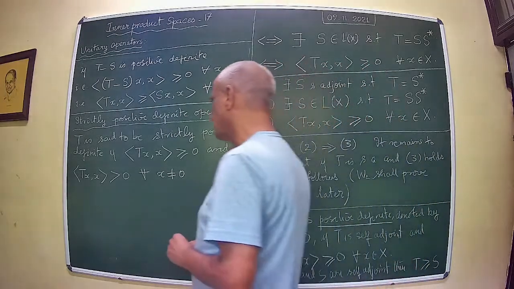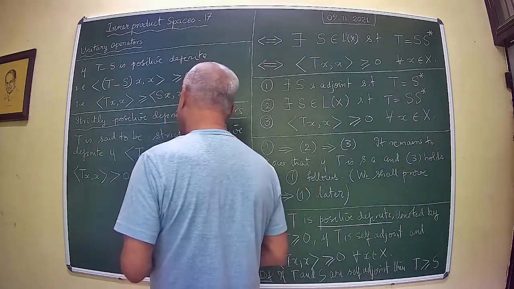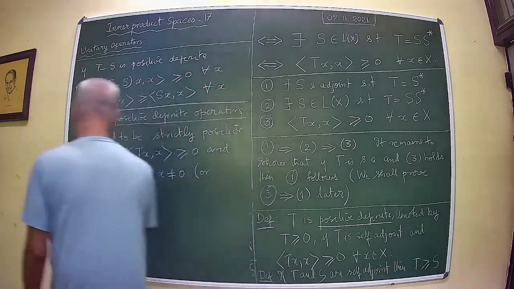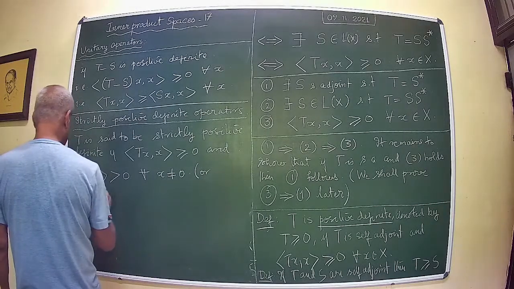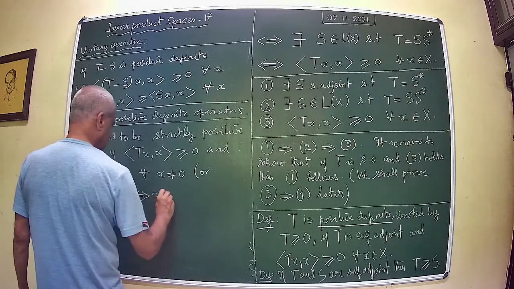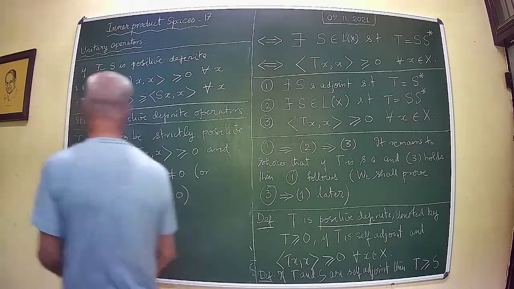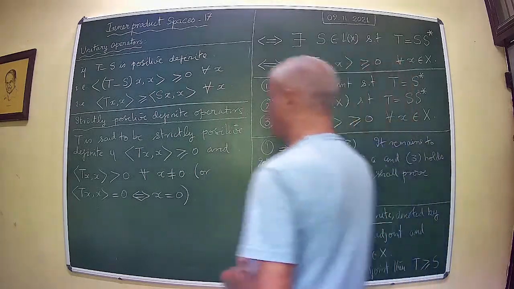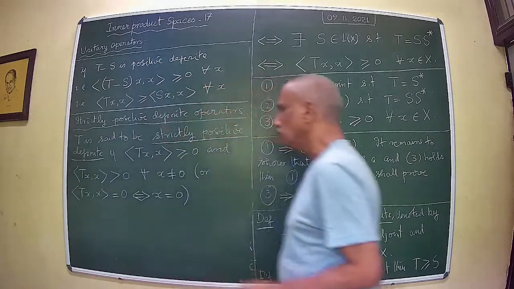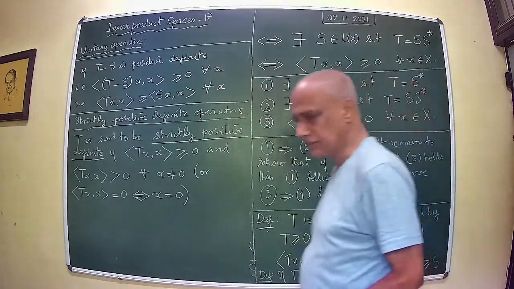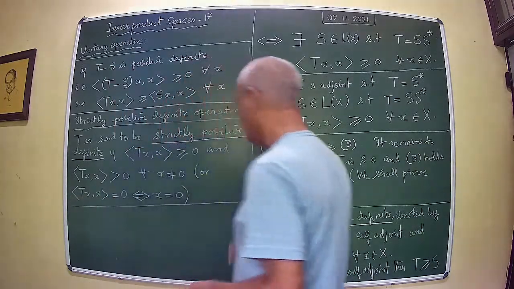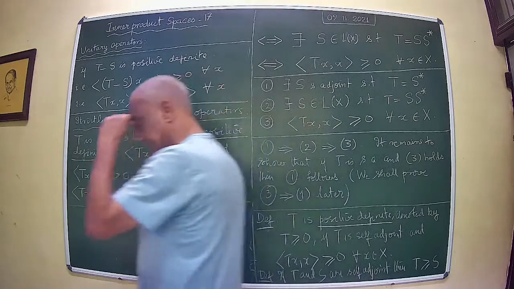Or the inner product of Tx, x equal to 0 only when x equals 0. This is the definition of what you call a strictly positive definite operator. So some of the terminologies that we use are now, in fact, we shall prove a little result. It says that if T is strictly positive definite,